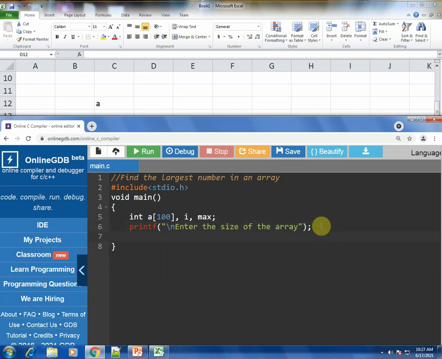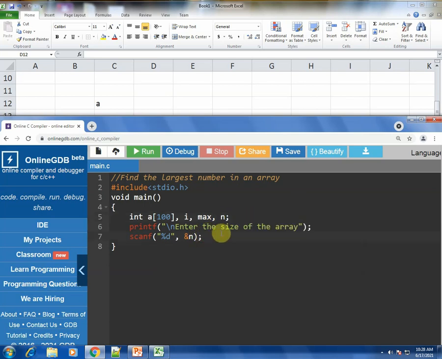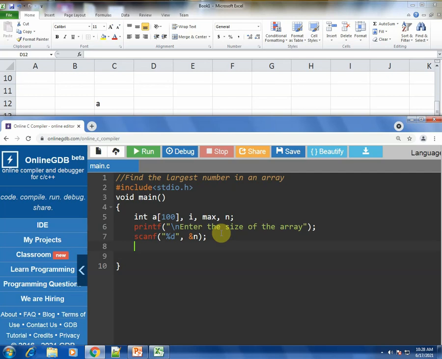To store the value we use a scanf statement with %d, because the size of the array should always be an integer, and ampersand n, where n is the array size, and let us end this scanf statement. Since we have used the variable n, we have to declare it as well, otherwise we would get a syntax error.